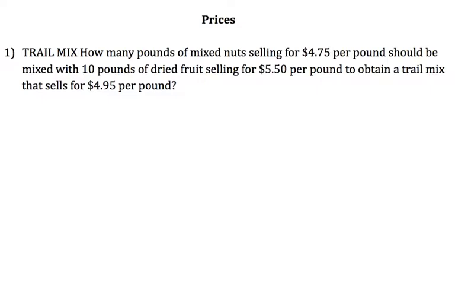Sometimes just going through these word problems is a little bit of a challenge itself. So if you're making trail mix, how many pounds of mixed nuts selling for $4.75 per pound should be mixed with 10 pounds of dried fruit selling for $5.50 per pound to obtain a trail mix that would sell for $4.95 a pound? And just so we slow down, we've got some mixed nuts here,